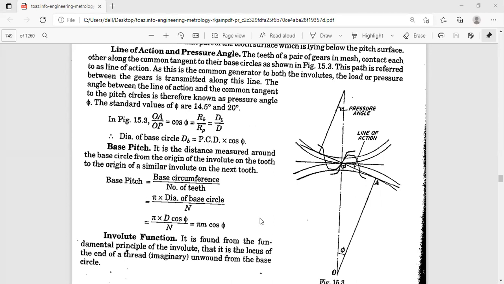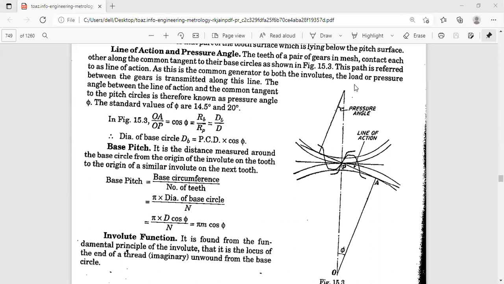We'll continue the gear terminology. We'll try to revise afterwards. We finish the complete gear terminology because we have to know the pressure angle, and before knowing the pressure angle, we have to learn the line of action, because whenever a pair of gears are in mesh, we have to go for a pair of gears for effective power transmission, as already discussed.